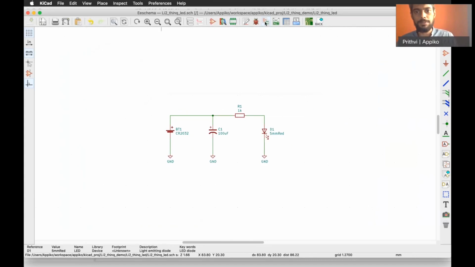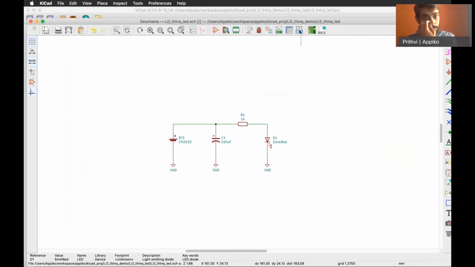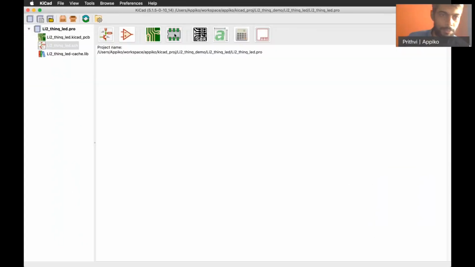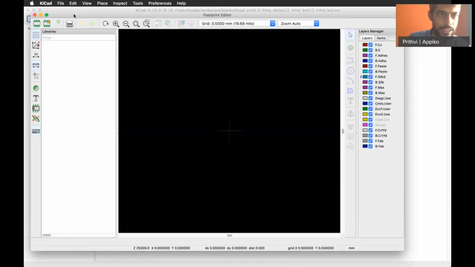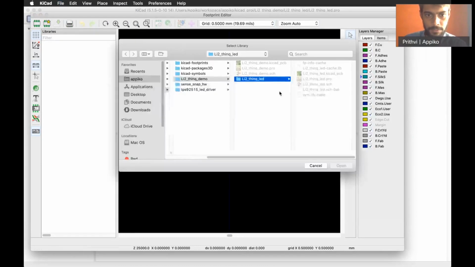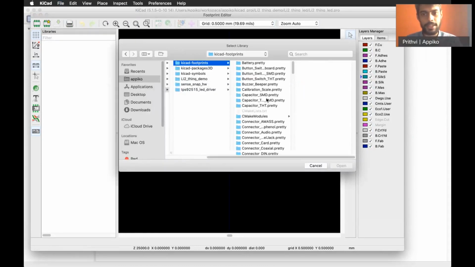Now we need to assign the footprints to these symbols. For that particular part, we need to add libraries for the footprints as well. So for that, we'll have to open the footprint editor. Here we add the various libraries. Again, we use the official KiCad libraries.